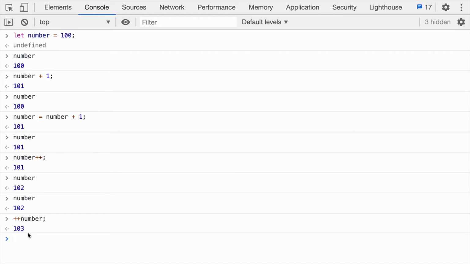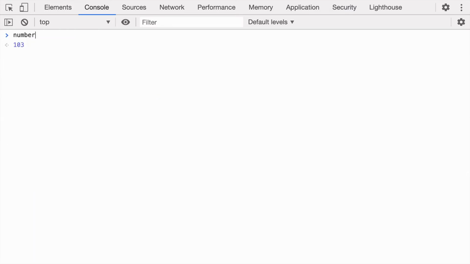Similar to the increment operator, there is another operator, the decrement operator, and it follows the same path. Right now the value of number is 103. What will happen if we use the decrement operator? We press enter and we see 103 itself. Let's look at the value.